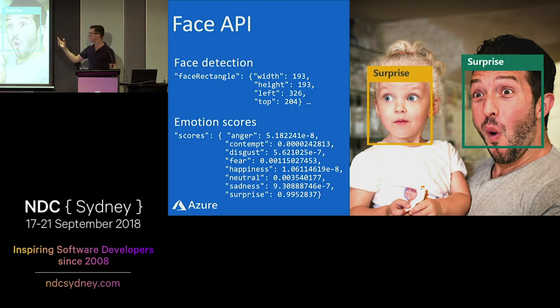Now, these numbers are what those machine learning experts, they call them confidence intervals, but I just call them percents. So a score of 99.5% for this photo for surprise, yeah, I'd say it nailed it. And so instead of having to hire a team of machine learning experts, have them build models or write algorithms and train models, all we had to do was upload a photo to a REST API.